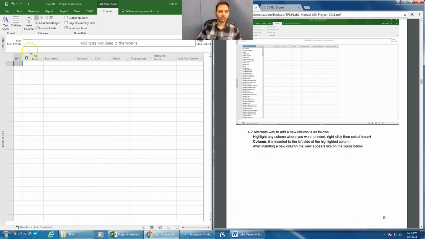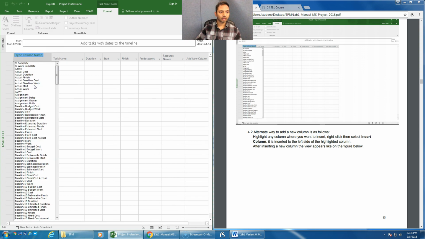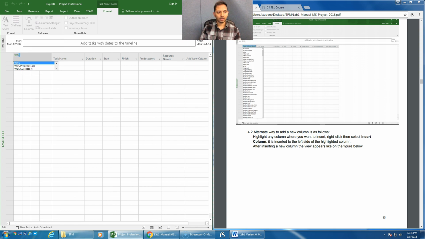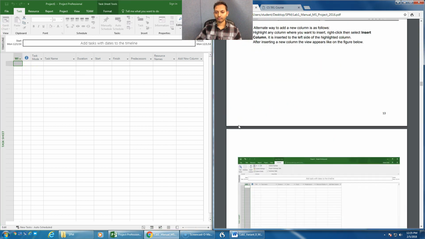The other way is if you right click over here and click on insert column, and again you can type in WBS, and once you select it, you will have your column inserted, which will be WBS. So there are two ways, you can choose either one. Okay, so once we have added our WBS column,